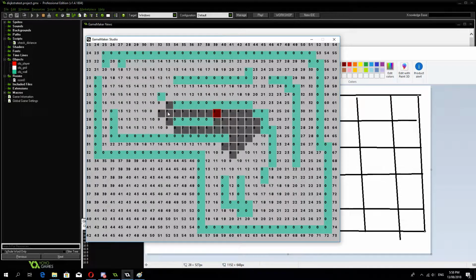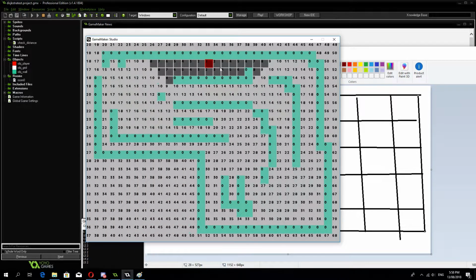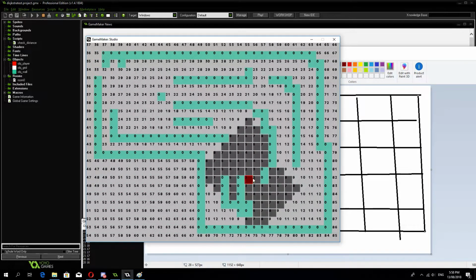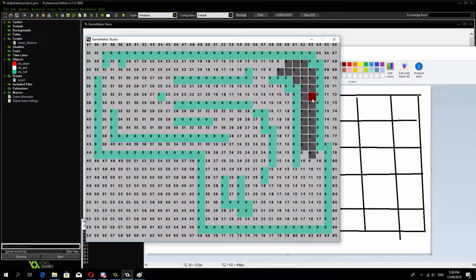If I click here, the shortest distance it can go is to here. I've got the movement set to 8. So we can't go any further than that. So 2, 3, 4, 5, 6, 7, 8, 8, 8, etc. And I can't reach this spot here, but if I move to there, I'll be able to reach that spot, etc. So I can kind of move around, and this will update manually. All the numbers update, and it's really fast. It is really fast, even though the way I'm doing it is probably not the most efficient, but it will